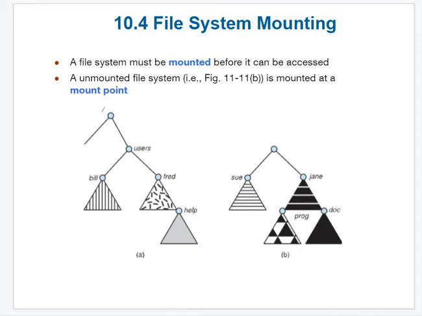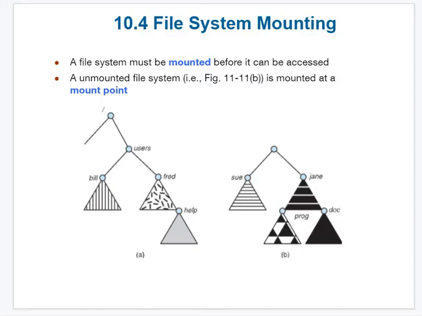Okay, let's continue to the next point: file system mounting. It's a very simple concept. Mounting means attaching. If we attach a pen drive to the computer, we get a message that the USB is mounted. If we connect an external pocket disk, we can see it alongside the C drive, D drive, and E drive. Apart from those, a new drive will get created. That is called mounting. It's very simple.